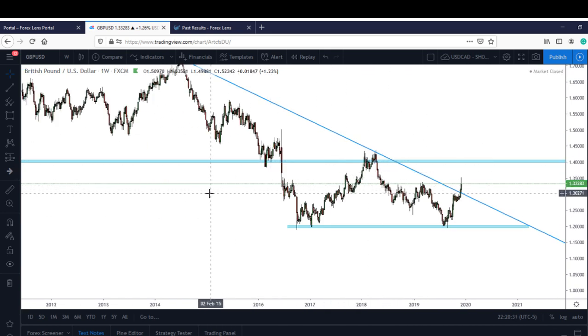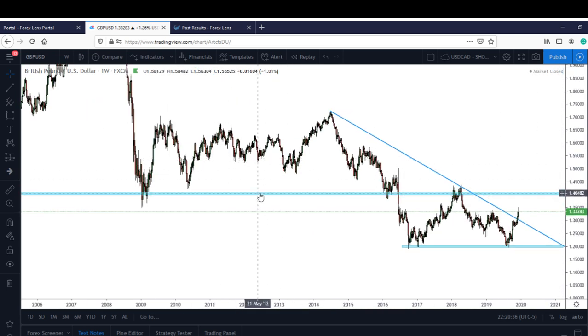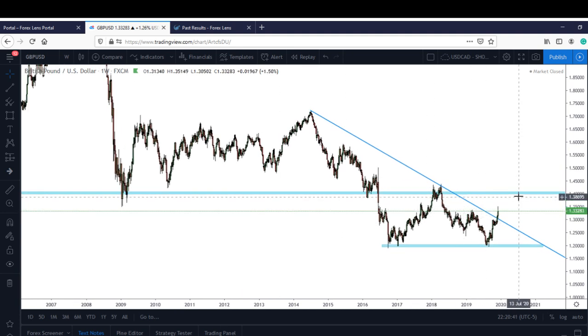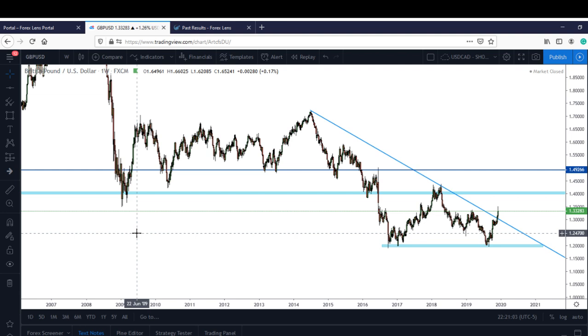And so for long targets, all we do is look to the left and see when price broke above this level, where did it go and where did it stall. So let's say price broke above this level, where did it stall? Let's look to the left. So one point is up here. Just looking left again, last time we were here, we stalled up here. So I'm looking for near-term targets, and one near-term target would probably be right where these wicks are, and they align with this line. So I'm going to get a horizontal line,